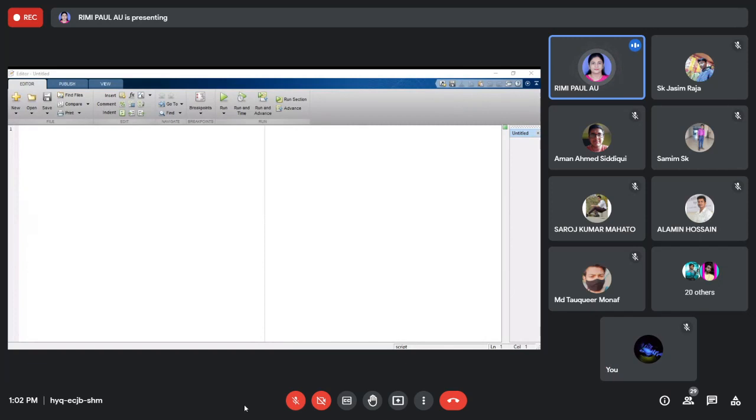So I think you can see the new window file here. Whatever program you write, you can save it, because you can see the save button is present. Now you can choose save as.